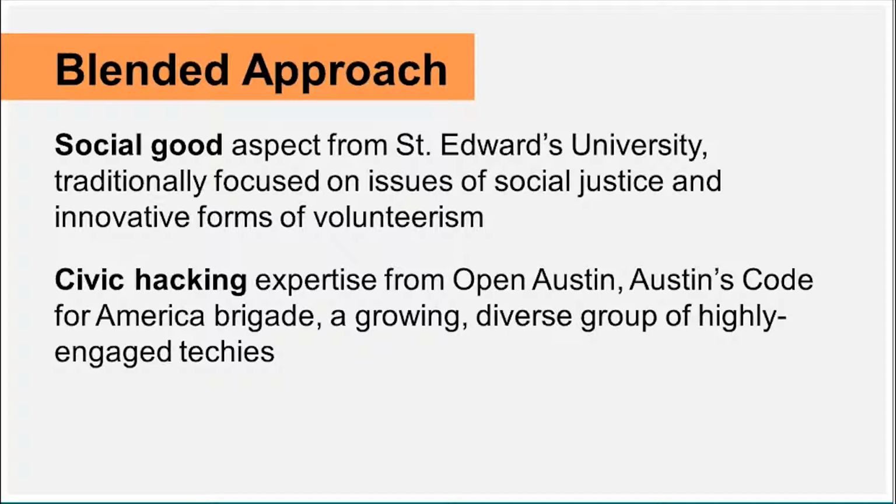St. Edward's University, where I also work, is focused on issues of social justice and making sure that we provide students with a lot of opportunities to engage with the community and get real life experience trying to achieve these goals. So we felt from St. Edward's that we wanted to be more involved than just providing space. The IT department here as well is very focused on engaging with the thriving tech scene that Austin is so lucky to have. And we saw this as a great opportunity back in 2013 to serve as a connector between the digital creatives that Austin has so many of and our healthy population of nonprofit organizations.